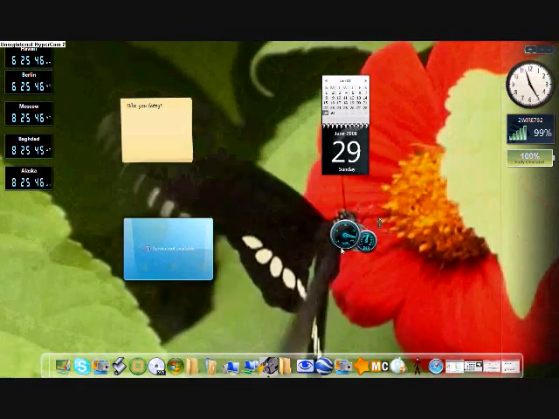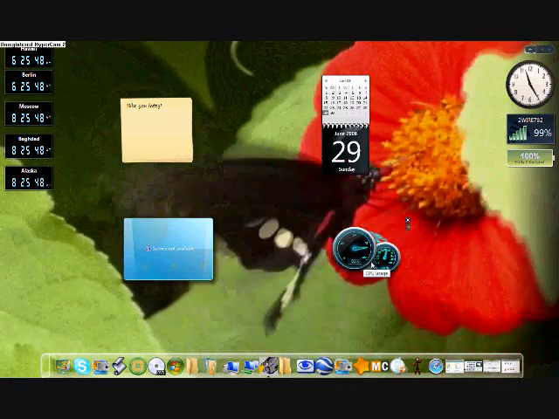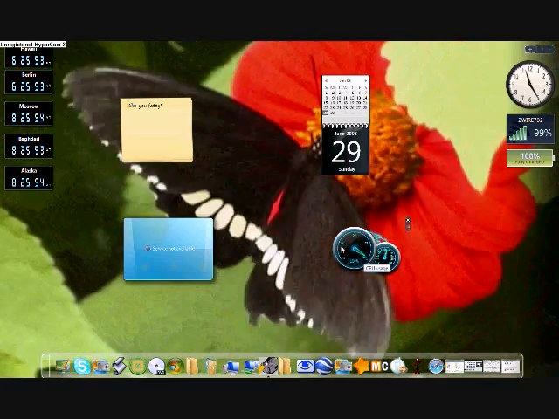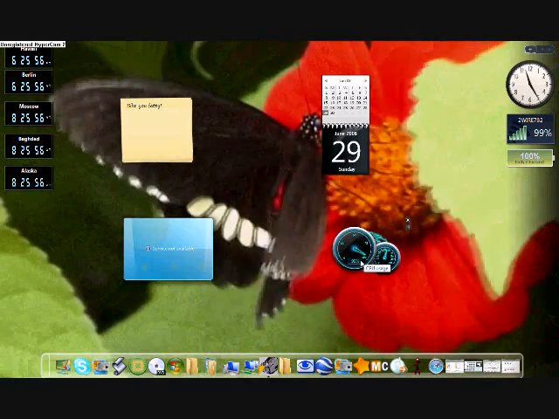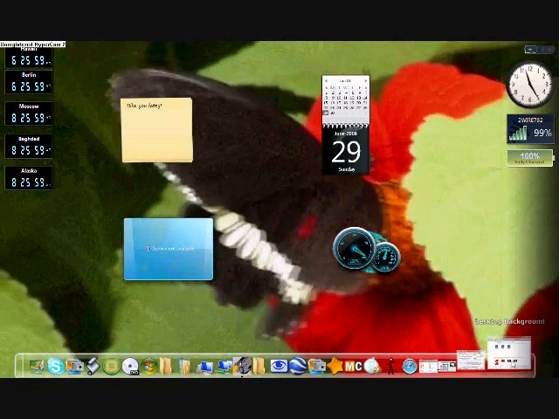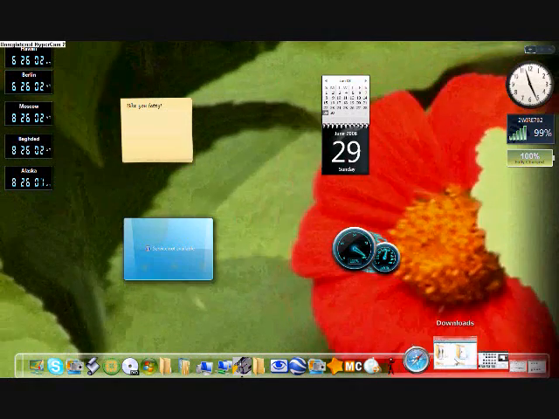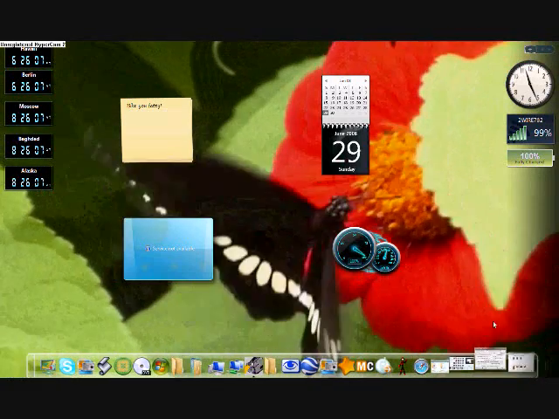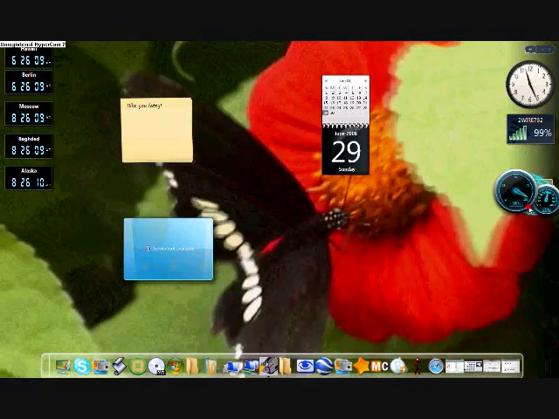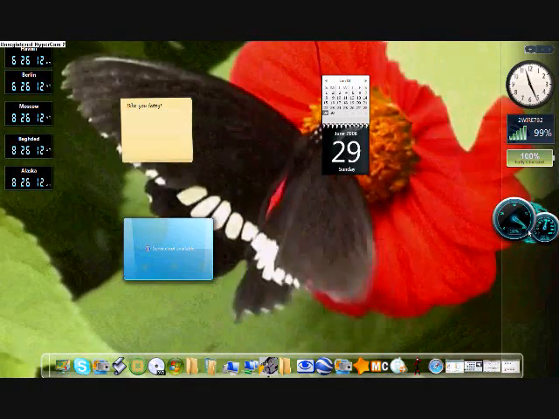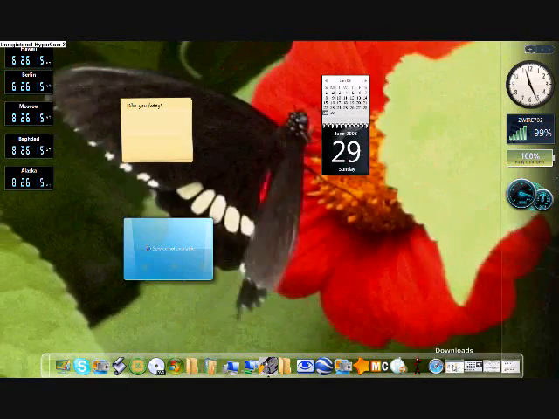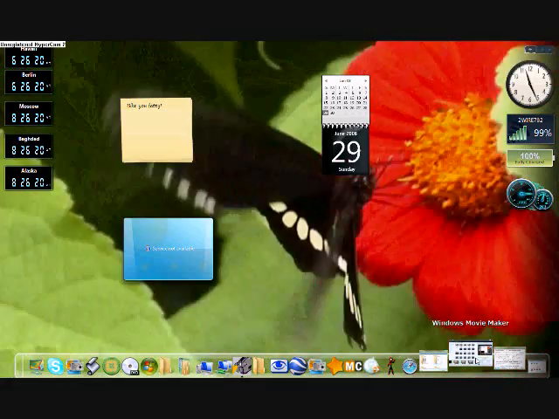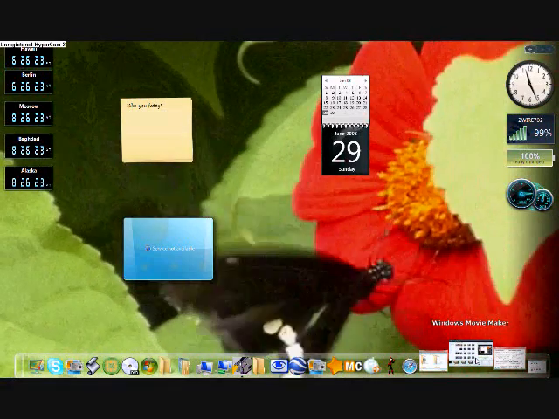But if you will notice, this is not a smart thing to do if you have too many applications running, because it can eat up your CPU. Right now it's at 99-100, and I've got 3 gigs of RAM, and I've got 1, 2, 3 things running: Windows Explorer and Hypercam recording, which does take up a certain amount of them. So if you're not recording or doing any video editing, you should be good with this. But if you are going to do something kind of heavy, you may want to change your wallpaper before you do so, or else your computer may crash. It does not play the sound, obviously, but you may want to